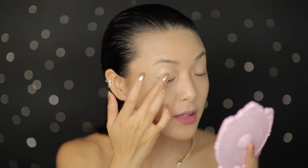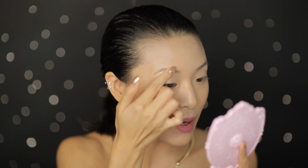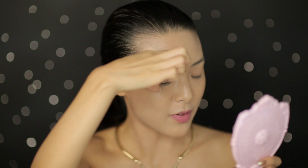I'm going to start off using this Bombshell Shine Shadow in Gold Goddess, and I'm going to be applying this all the way up to the brow bone. We're even going to cover the eyebrows. You can be very generous with this. And I'm going to bring this all the way up this indentation of my face, just all the way up